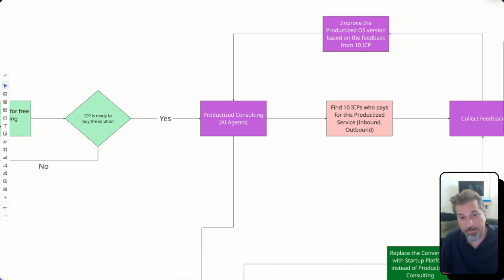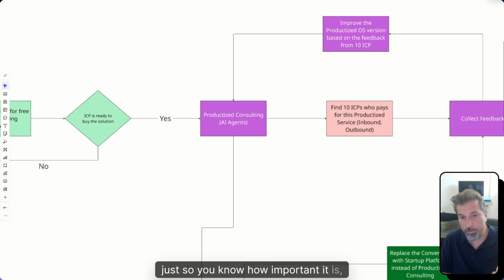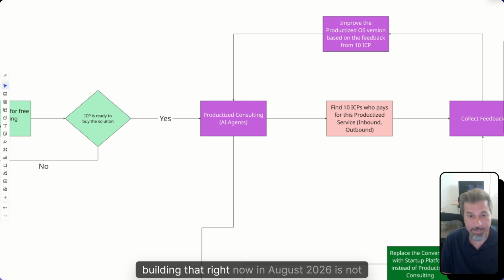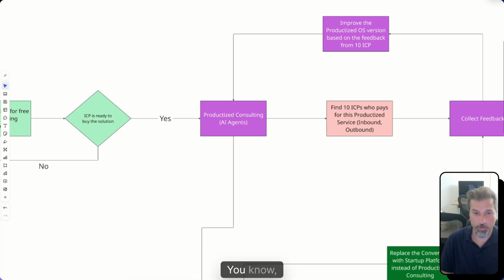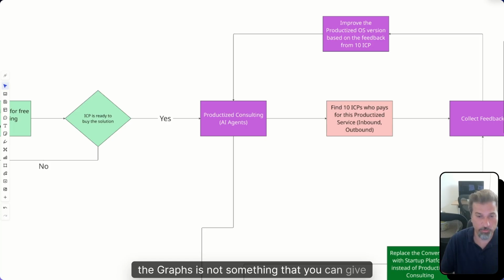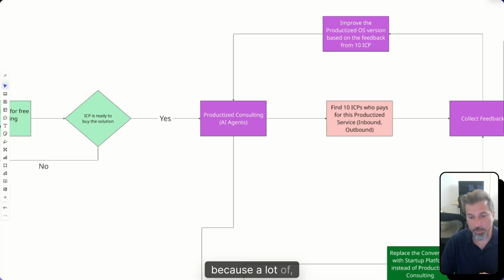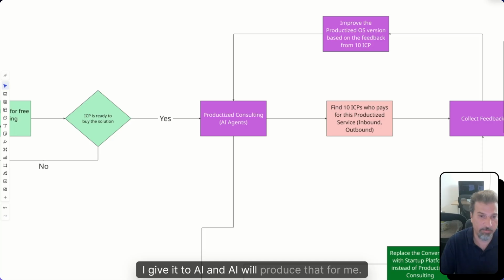And just so you know how important it is, building that right now in August 2026 is not possible with ChatGPT or Claude or Gemini. The context that you require, the type of the coordination, the templates, the graphs is not something that you can give ChatGPT and come up with the business plan. And that's your opportunity, because a lot of people think that I give it to AI and AI will produce that for me.